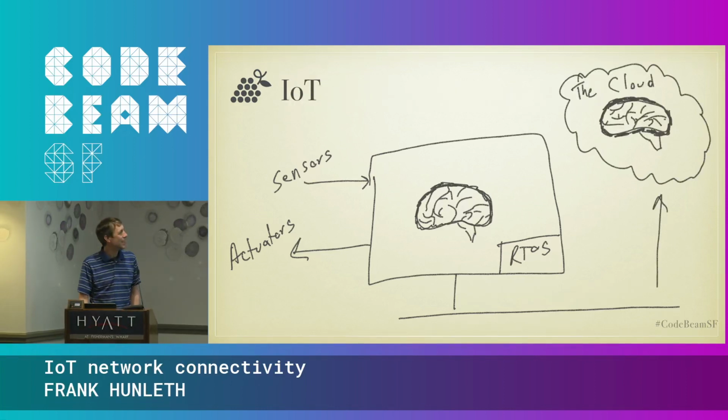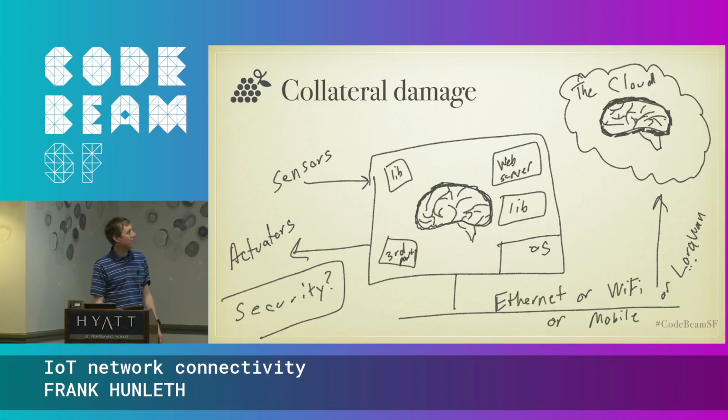So then we did the IoT, and we just moved our brains to the cloud, or at least a whole bunch of them. And that's the gist. So how do we get this device talking to the cloud? And here's kind of the collateral damage slide, which the main point of this slide was that we have all these commodity networks that we now have to deal with, like